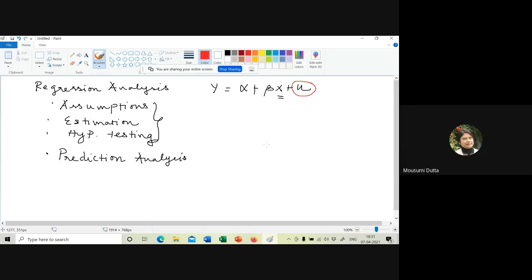So when we are going to the assumption part, mostly the assumptions will concentrate on this random error component. So what basically we are doing here, again I am repeating,